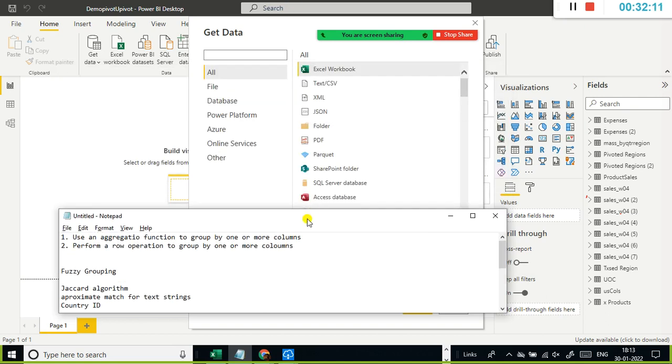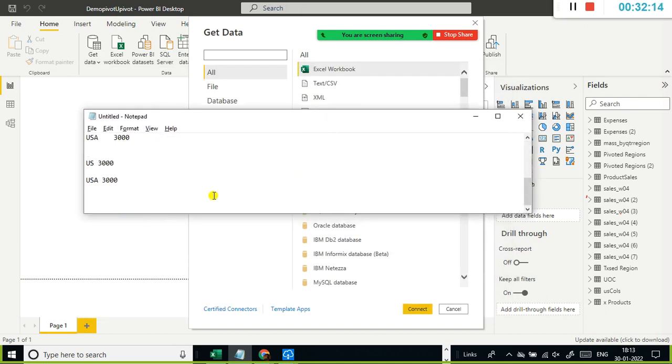And apart from that, in yesterday's session, we discussed the folder connection. You remember? The best example is the folder connection, right? In that case, what happened? We combined two or more files, and then we applied some data transformation. Close to 10 plus steps we applied in order to do the data cleaning,